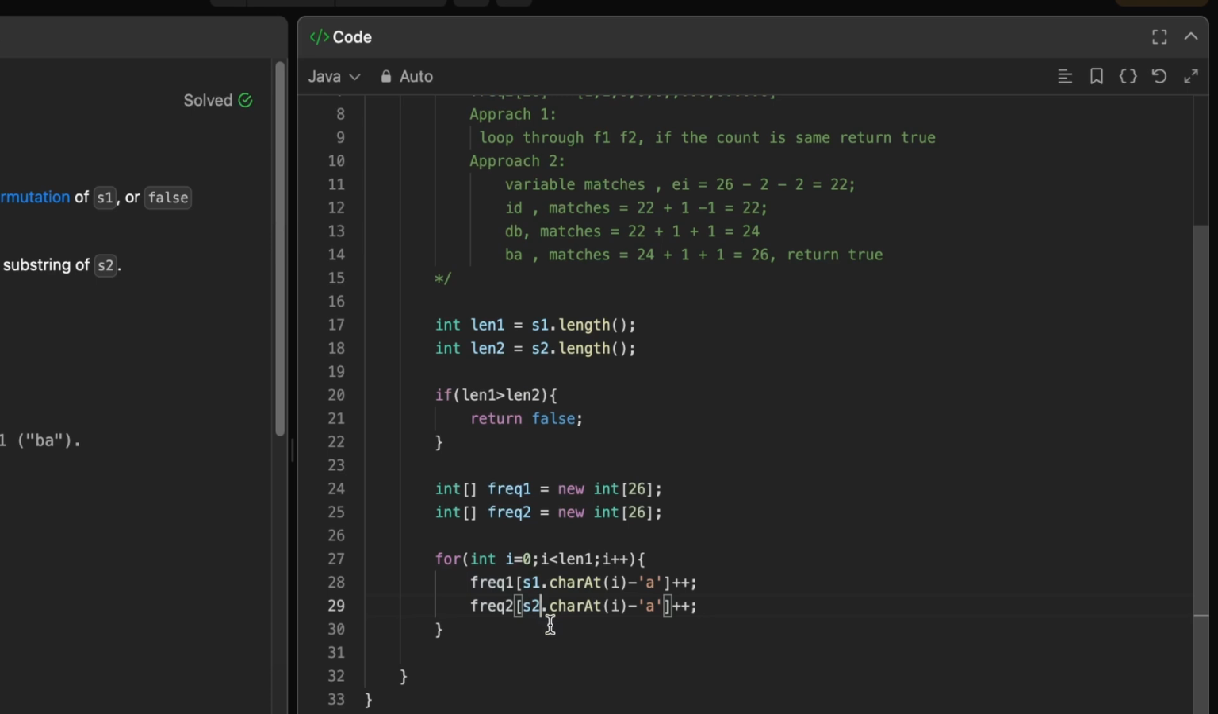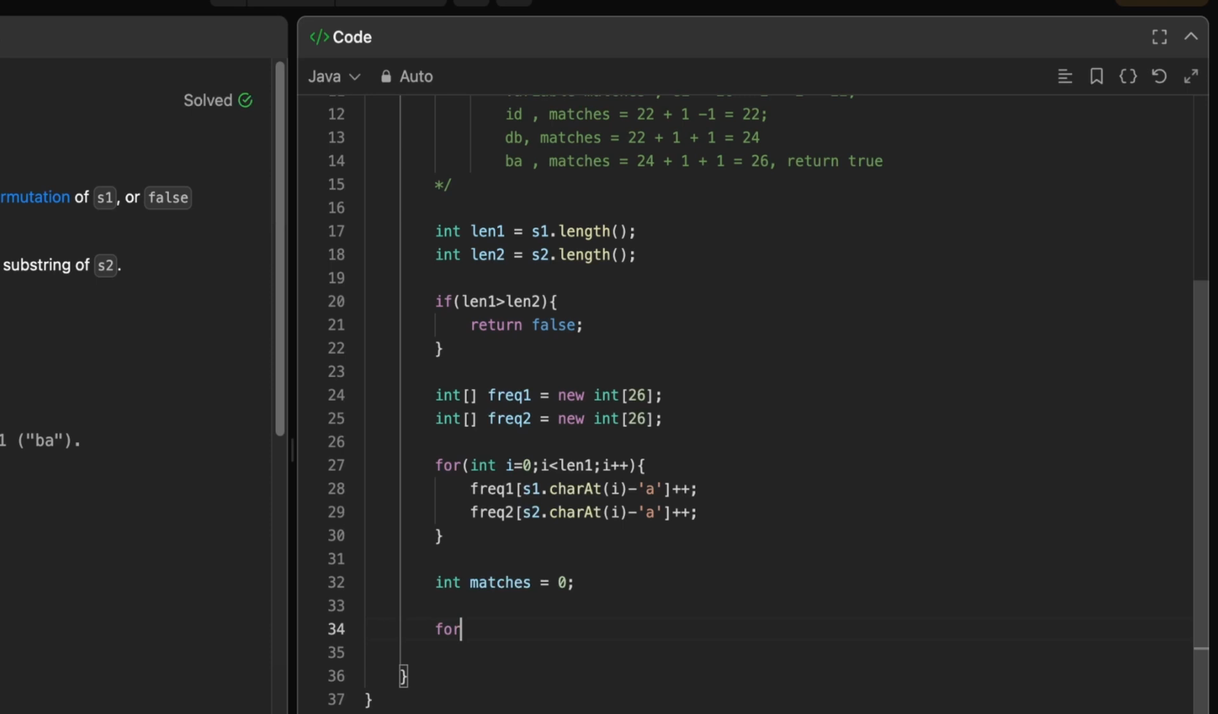for frequency 2. Now what we will do is create a variable matches, which will keep record of the current matches in the current window. So for the initial window we will update our match count. It will loop through all the characters in frequency 1 and frequency 2 and check if they are the same or not. If they are the same, we will update the matches count,